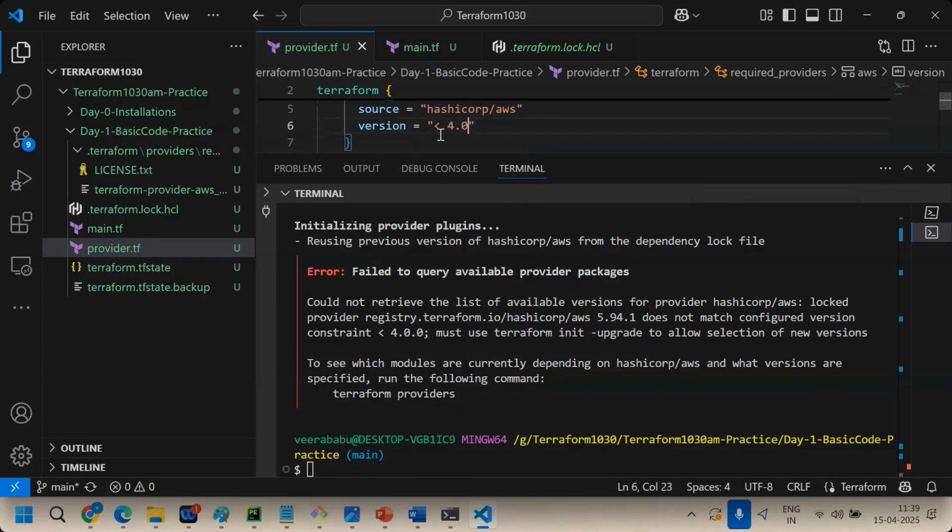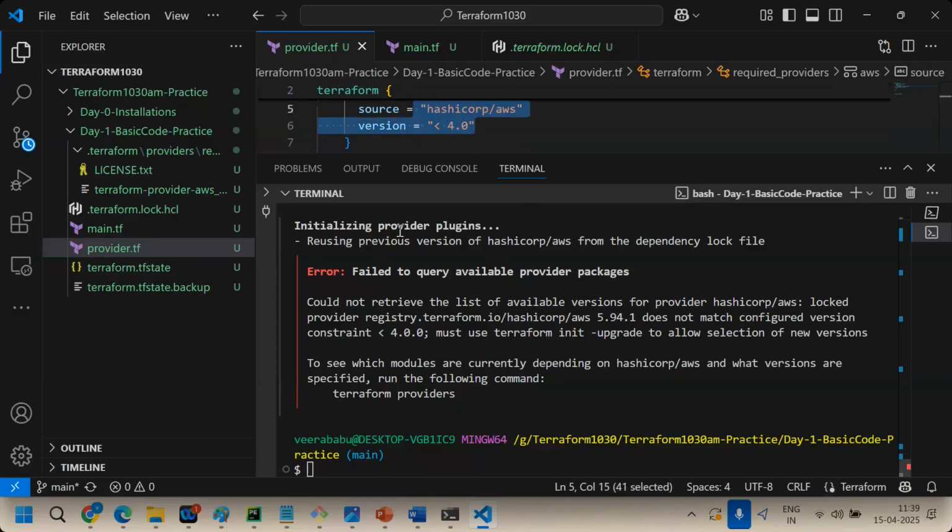If I want to take 4.0 or any different version, again you need to run the upgrade command, because the lock is applied. When you run the upgrade command, the lock will be released and it will take whatever version is allowed. You run the upgrade command whenever you want the specific version.